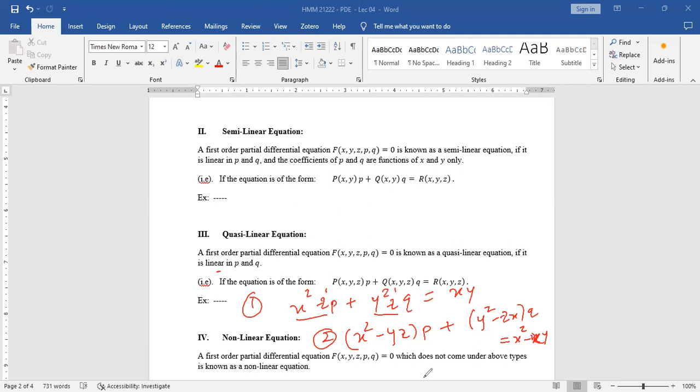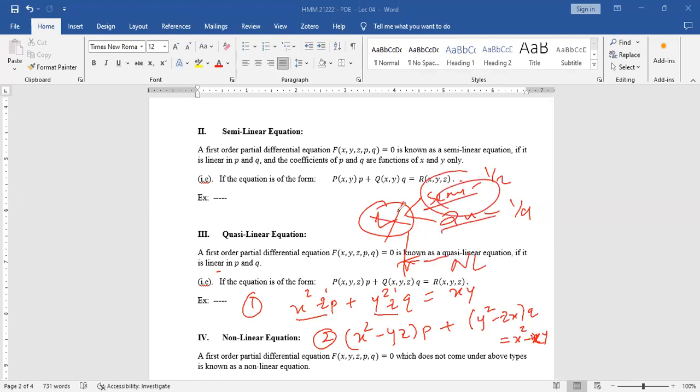Okay, so we have seen some ideas of linear, and from that we have seen what is semi-linear and quasi-linear. This is kind of halfway, this is kind of quarter way. So if it is not linear, we call it as what? If it does not obey any linearity property, we call it as non-linear, isn't it? We don't need to go through these things. If it is linear, we have to go through whether it is semi or quasi, or whether just linear. Otherwise, we have to take it as non-linear. Okay, that's the next